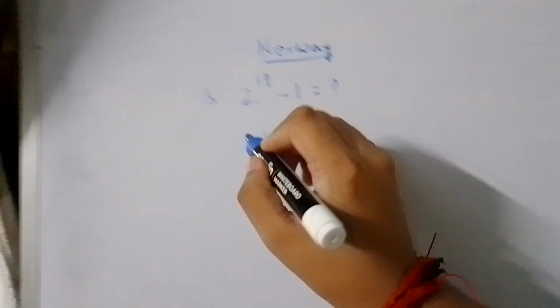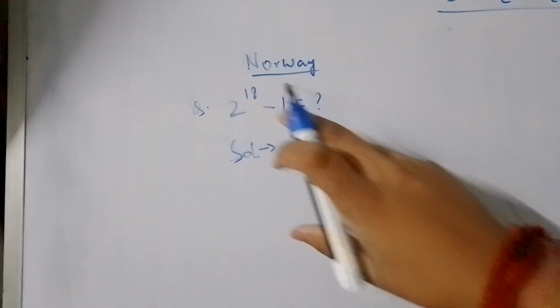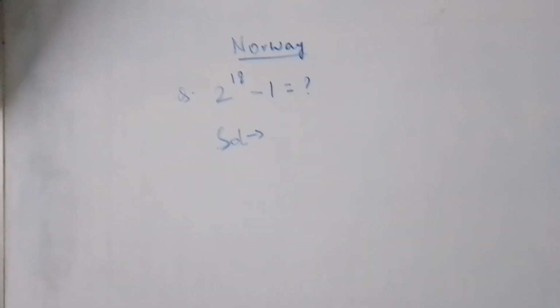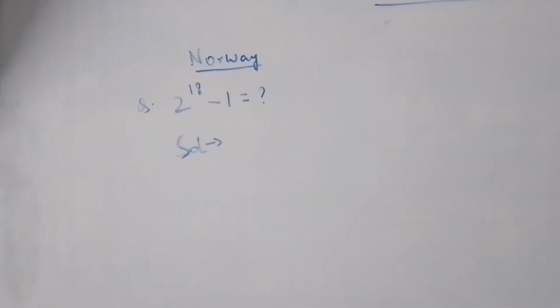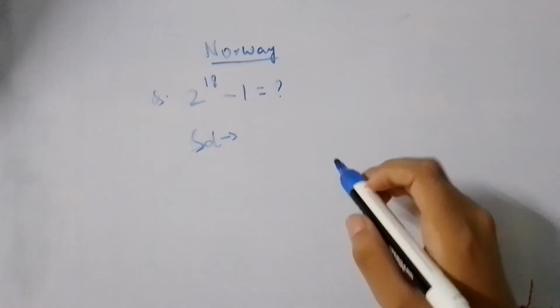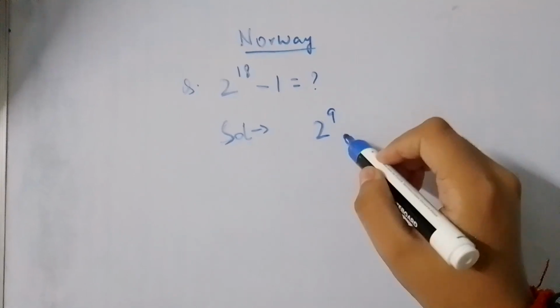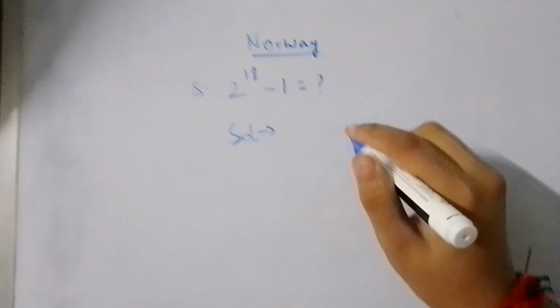So how are we going to approach this in a simpler way? Otherwise you can directly write the value over there and do minus 1, but in the Olympiads we do not have calculators, so we go like 2 to the power 9, or let's simplify like